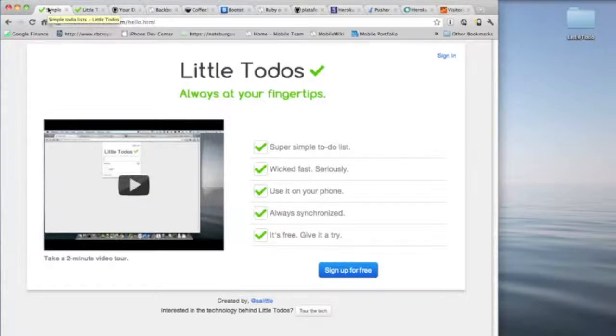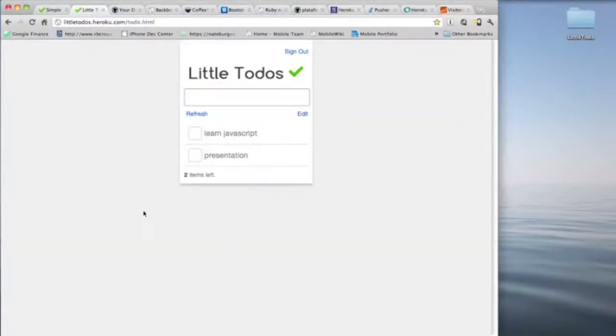I just wanted to take a few minutes to go through some of the technologies behind Little Todos. Before we dive into the technology, I just wanted to show you the home screen, or the product review screen, of Little Todos and also just give you a quick look at the web application itself. This will give you a little bit of context as we go into more of the details behind how this